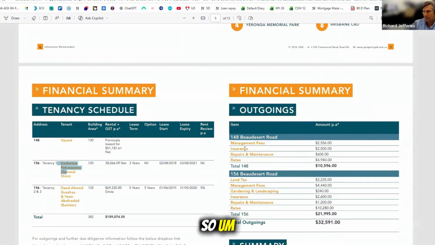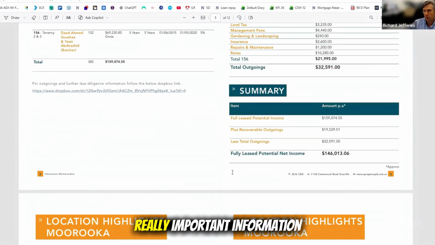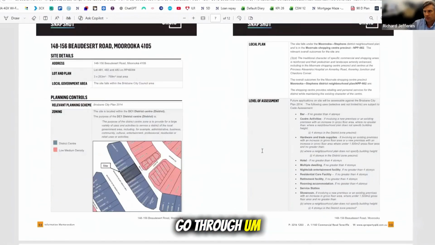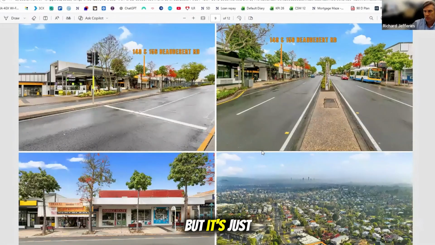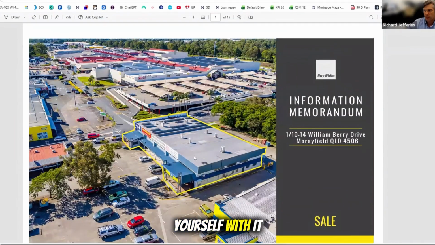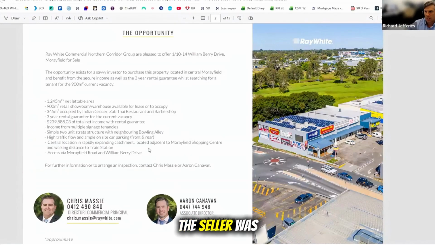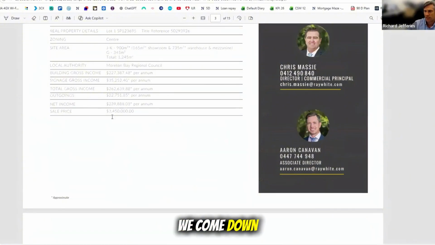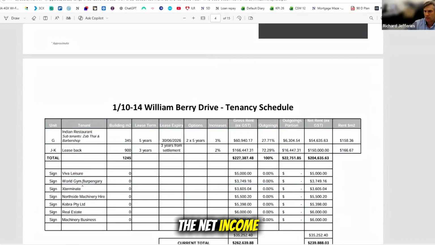So there's lots of other really important information in the IM to go through around planning and zoning. But it's just a great start if you're looking at property and want to familiarise yourself with it. This is one where the seller was actually providing a 3-year rental guarantee for the vacancy. So if we come down, you can see the net income, and you can see here was the lease